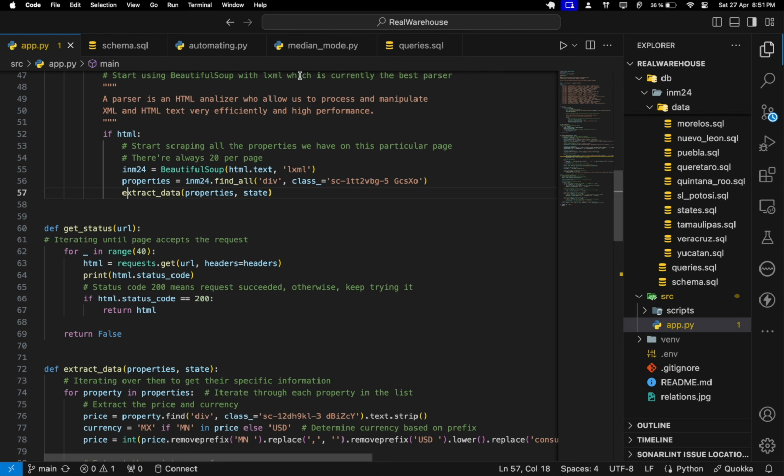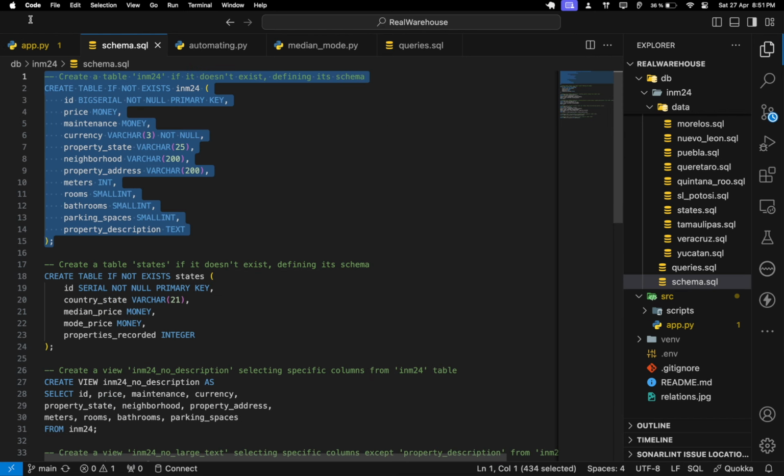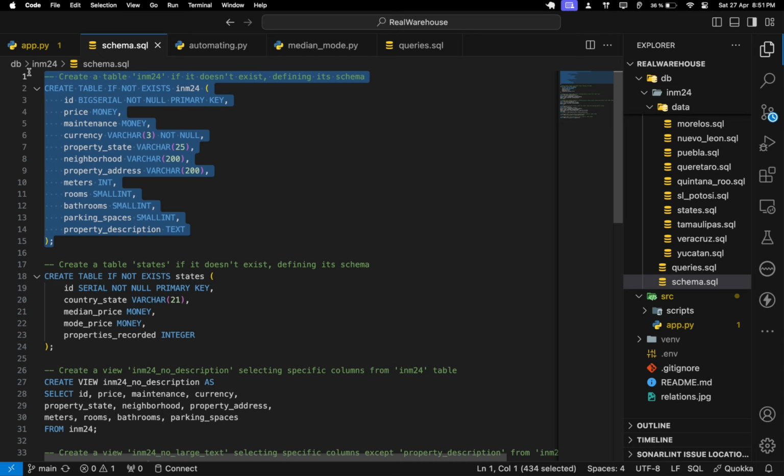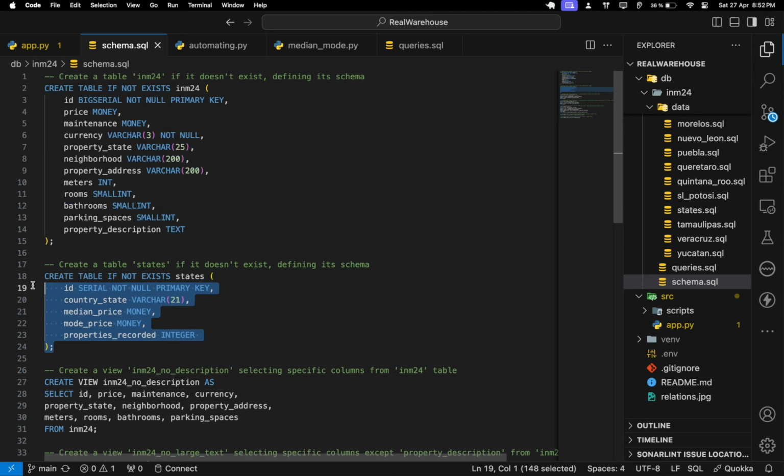And you can see my schema and how I made the table, the database. And in this case, as I told you, I use PostgreSQL. I made two different tables. This one is called ANM24, and that's because my purpose for the future is to extract different websites from the real estate market in Mexico, and relate them with the states, with the information of the states. And here I have the states with some information like the